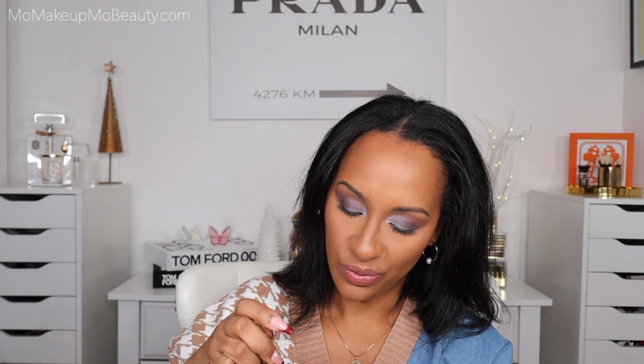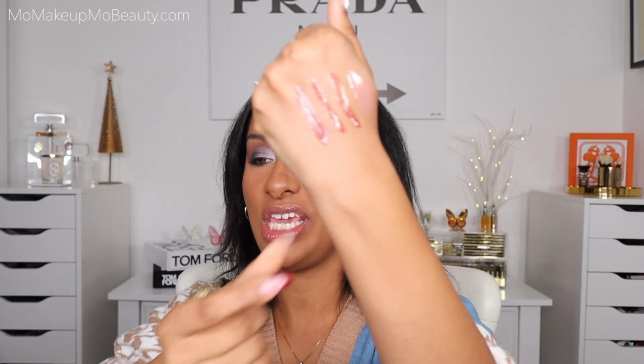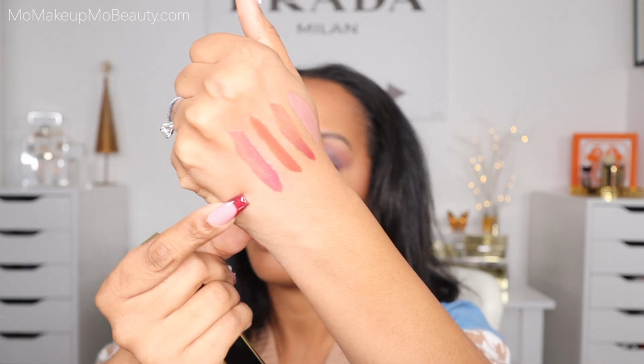And then the last color that I want to share with you, this one also has a little bit of shimmer to it, which allows your lips to look just so shiny and juicy. This is Bare